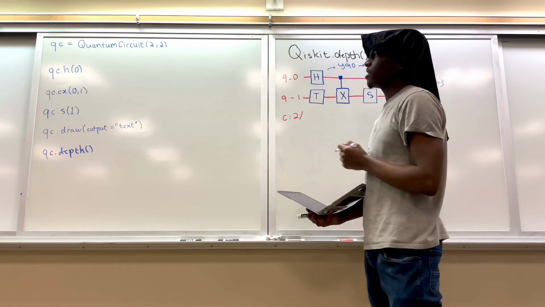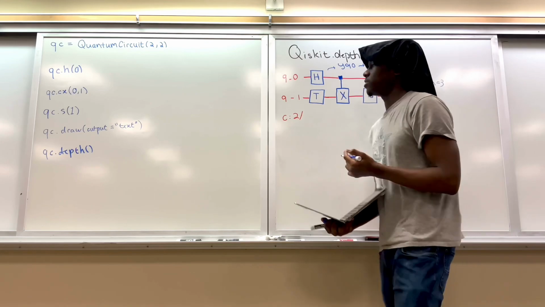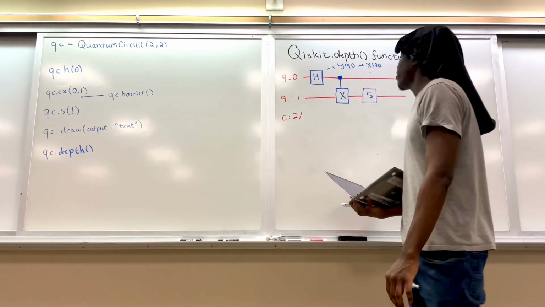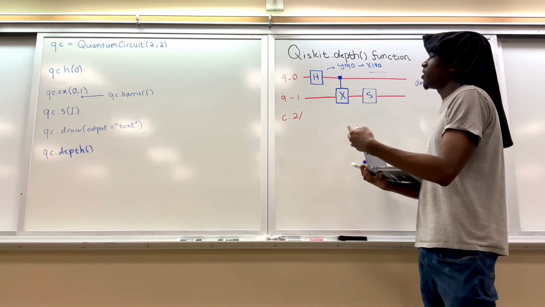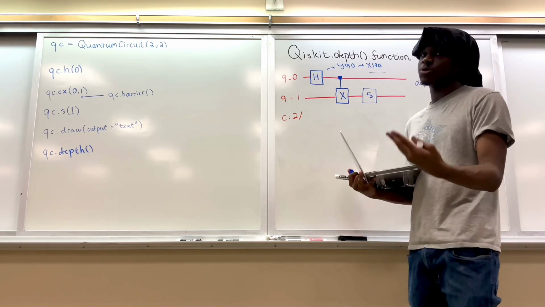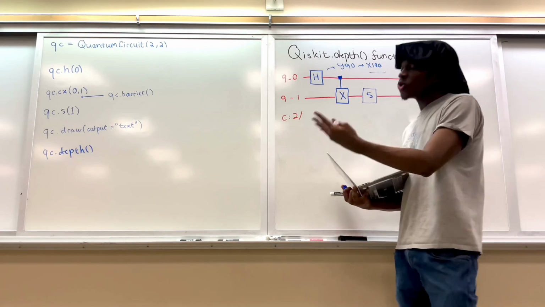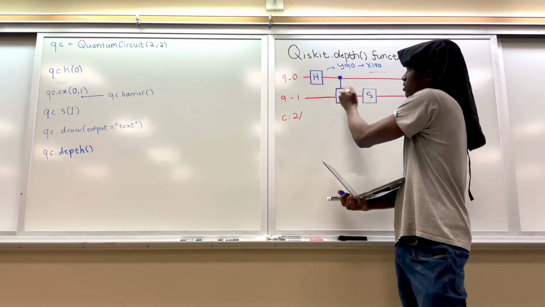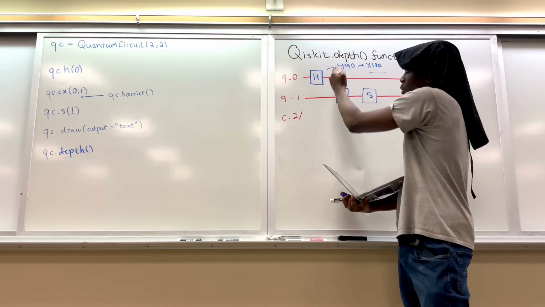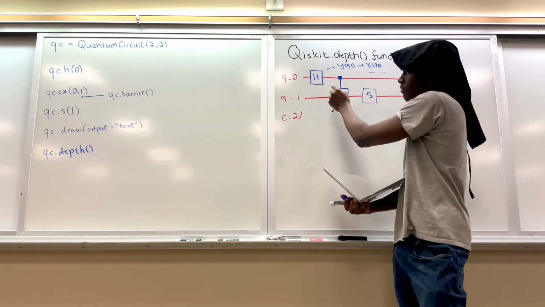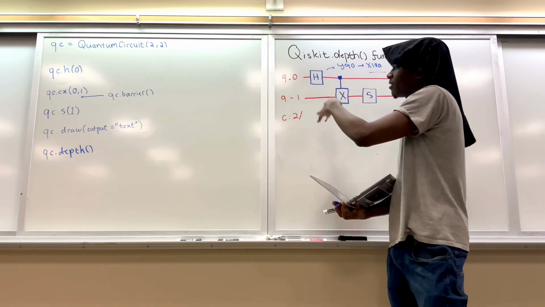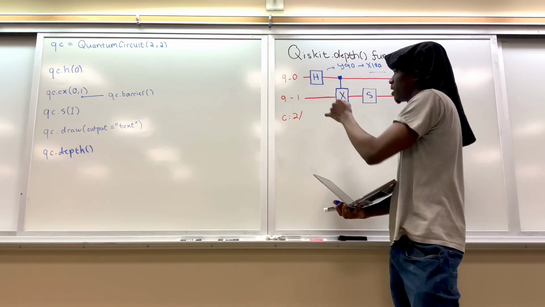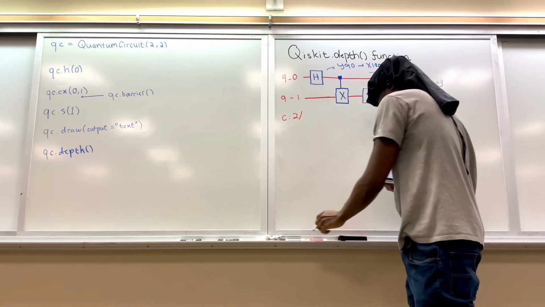Another important distinction is the barrier. The barrier is a method within Qiskit that tells the transpiler, which is a whole different topic that I'll go over later, that as it executes the instructions, if there's a barrier, it won't simplify the two instructions together. That's something I'll go over later, but just to visualize it, what would happen is that you would have a